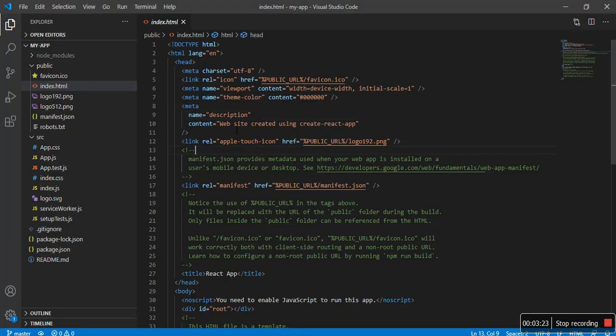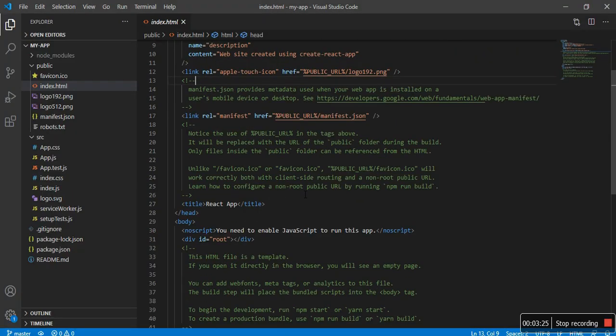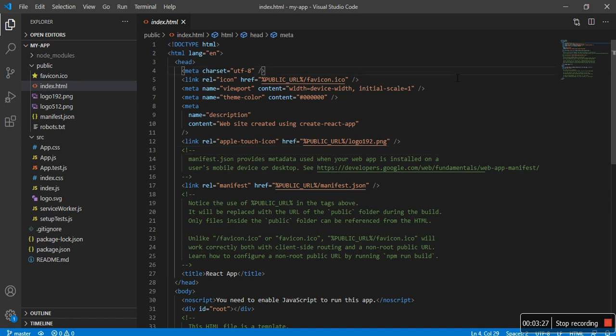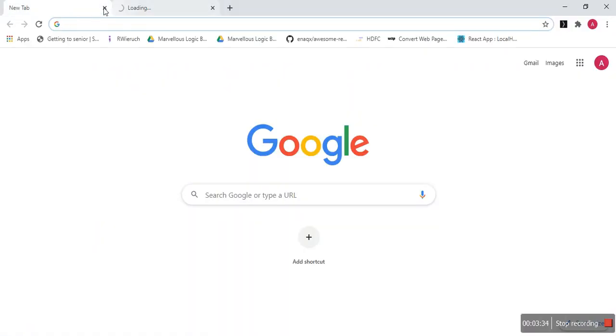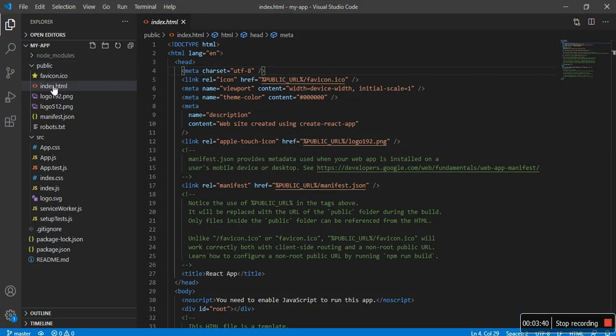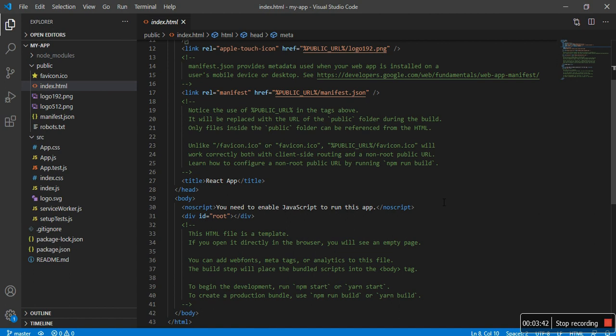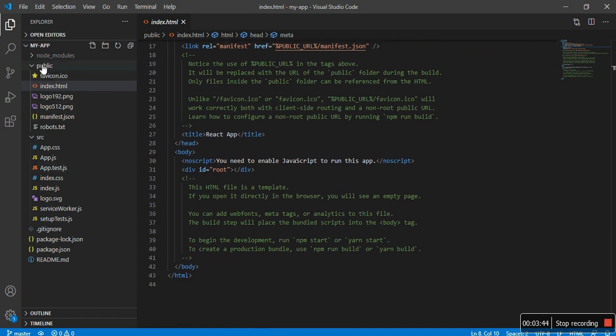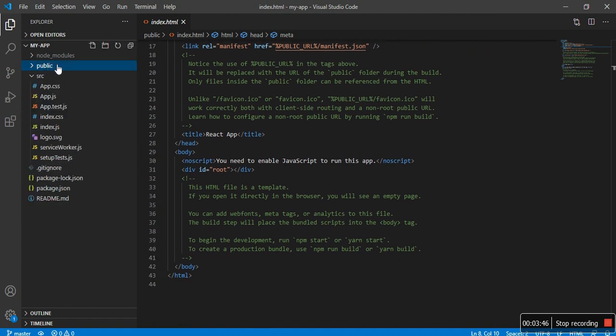This is the index.html, which is the first file that gets compiled, and it is present inside the public folder.